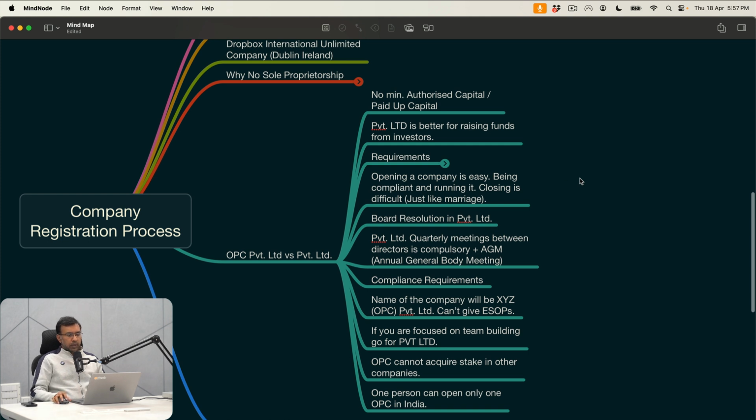In private limited companies, there is something called a board resolution. So you need to do a board resolution before you take any major decisions in the company. Sometimes if you open a bank account or get a bank loan, they will require a board resolution. Then you have to put a seal on it. And I don't know what kind of authentication a seal actually adds, but it is still being followed.